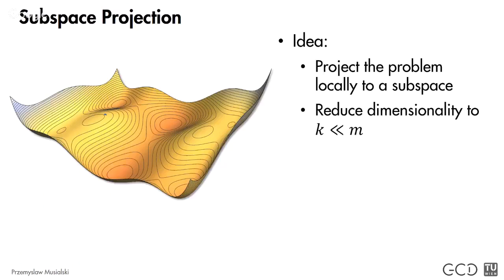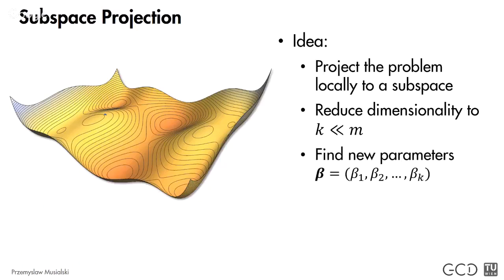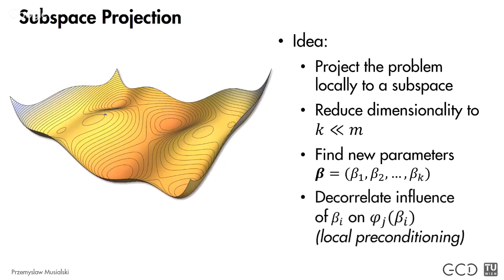So we reduce the dimensionality, and now we are looking for few parameters. We call them now beta, and there are only k of those betas. So k is the number of properties we want to optimize,